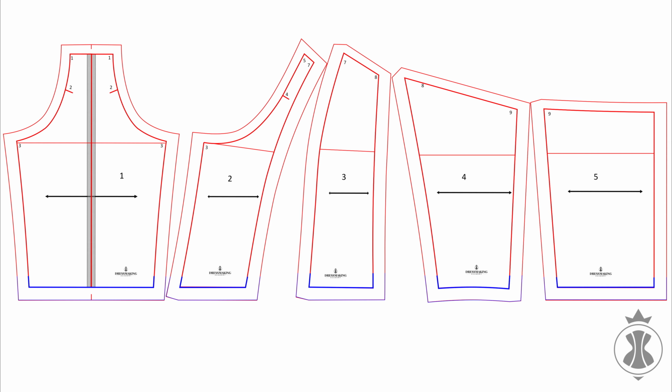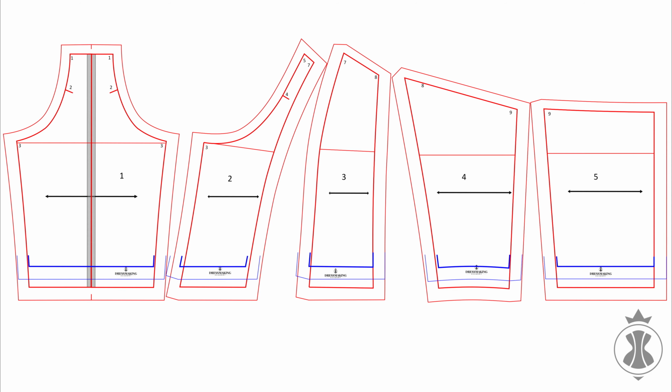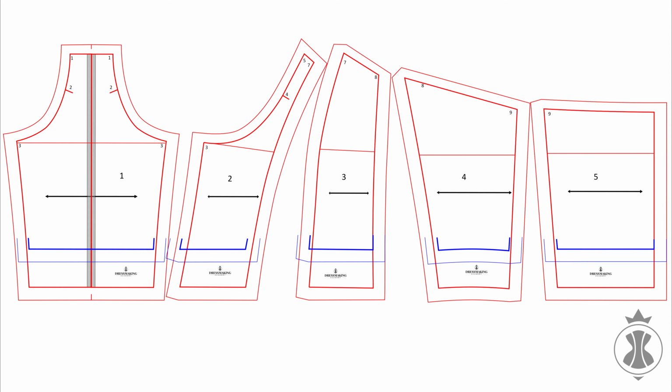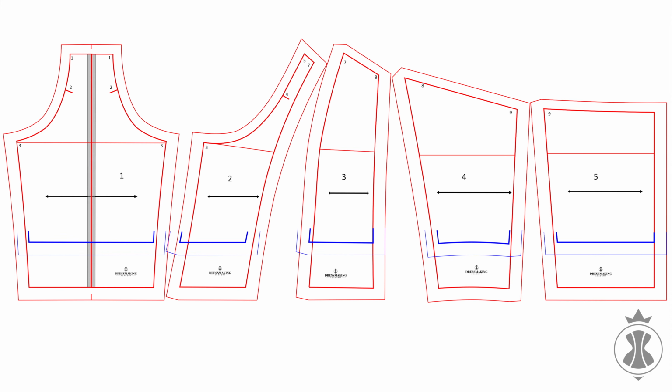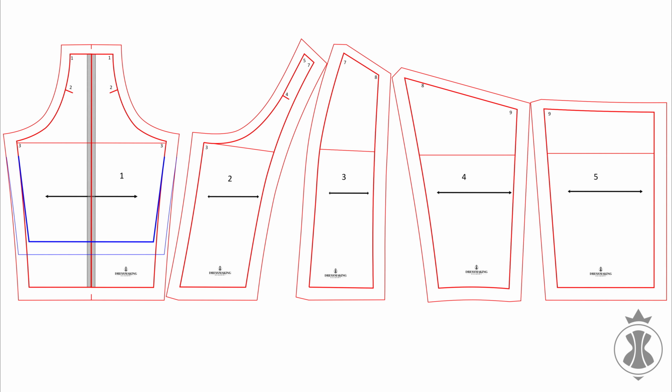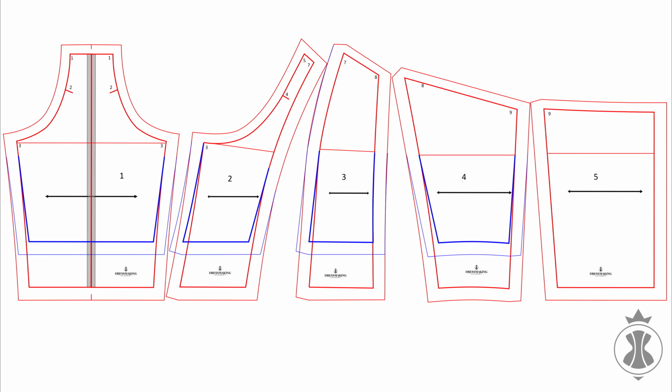On all the details of the pattern, we are raising the waistline in parallel by 4.3 centimeters, keeping the length of the waist segments on these details unchanged. Next, you should connect the new waist segments with the underbust line on the pattern. Now that the height of the pattern has been corrected, you can proceed to the width correction with respect to